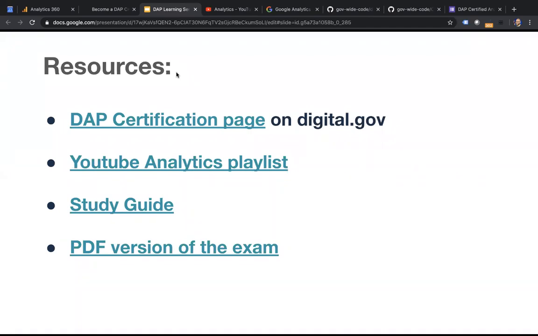If that's the case, the study guide is something written. Forty pages is quite a bit to get through, but it is a really good overview of a lot of the things that form a good basis for solid reporting in Google Analytics. So I would recommend that, and for anyone else who just wants a document to help them understand more about DAP and Google Analytics in general, I would refer them to the study guide.